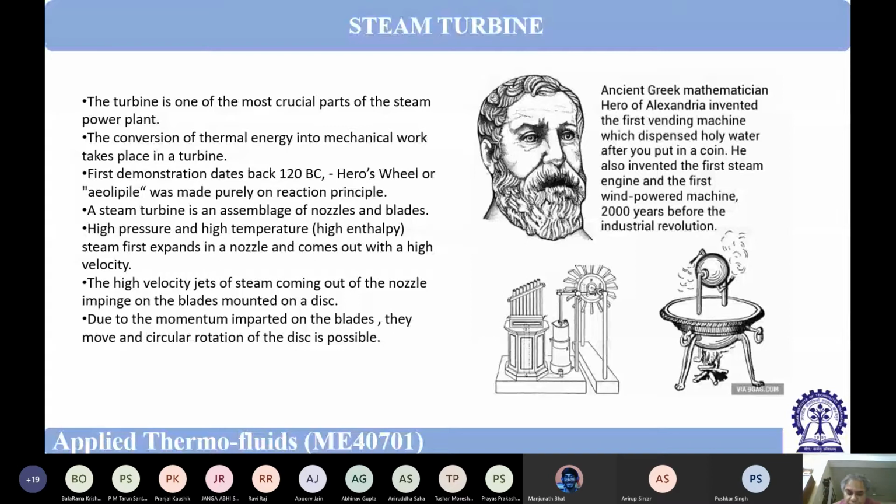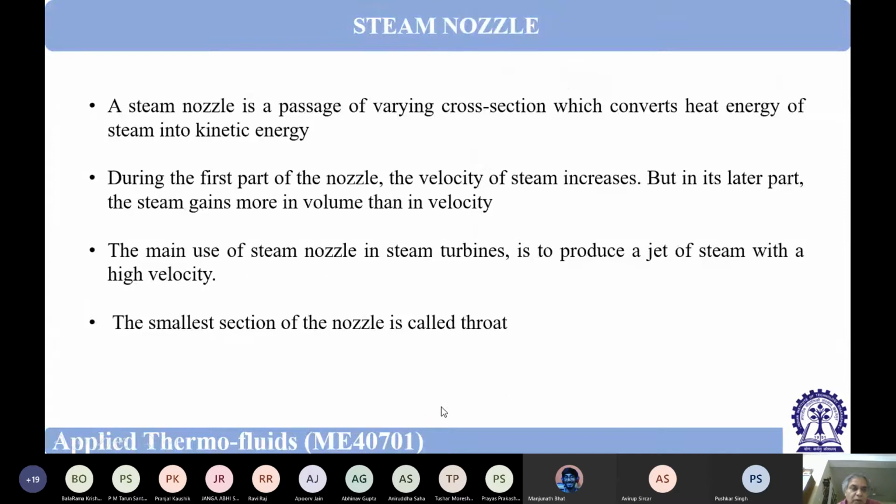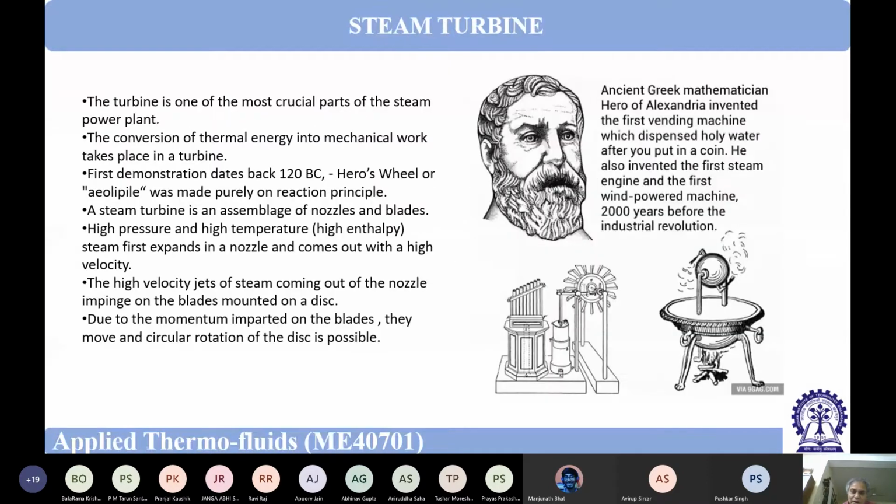So if we go to the next slide, just a minute. A steam nozzle is a passage of varying cross section. So you can understand, actually, the nozzle is very important because if you have to get a good amount of velocity,